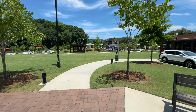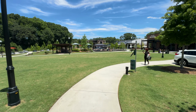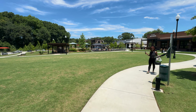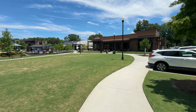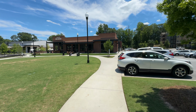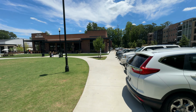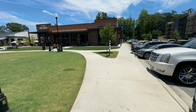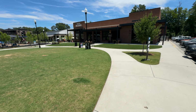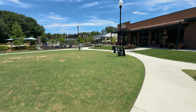All right, so Line Creek Brewing Company is still in action. They're still open and operational, which I believe afternoon time, weekend times is when they're most vibrant. But I believe they're open every day because there's people eating there now. So it's really nice. But yeah, I think you've seen the majority of the updates here. So I'll just continue to kind of take you on a little scroll back to the front,